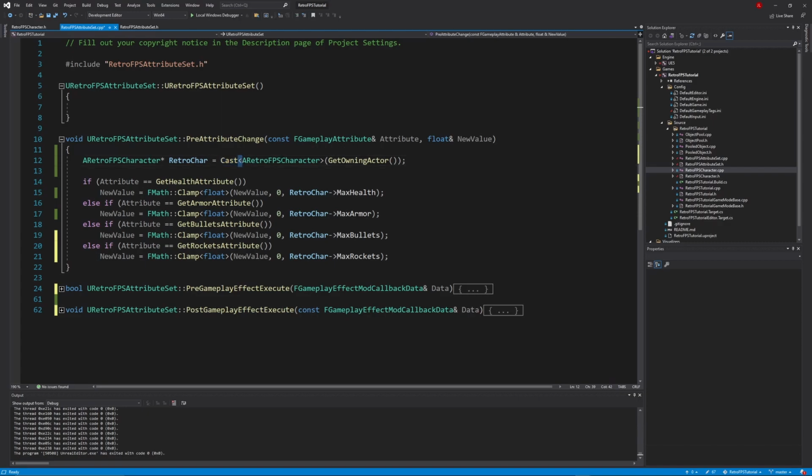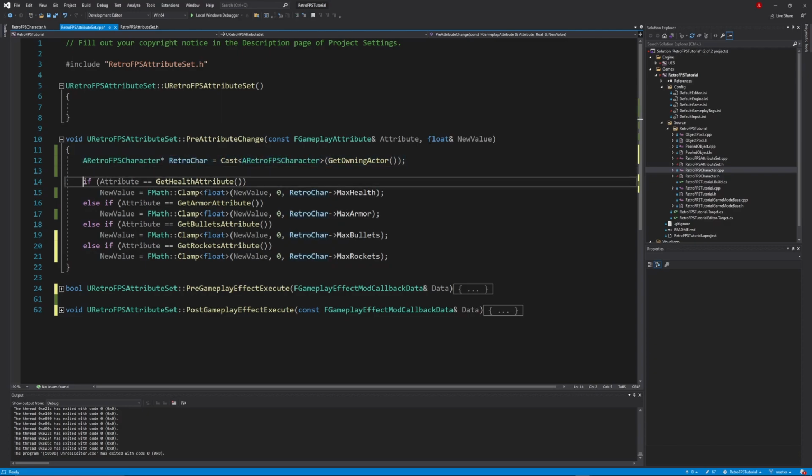What we're casting is the owning actor. So if you type in GetOwningActor with the 2 parentheses inside the parentheses of the cast, then we have declared RetroChar to be the owning actor cast to the Retro FPS character. You do this basically in blueprints also, but this is just the text form of that.